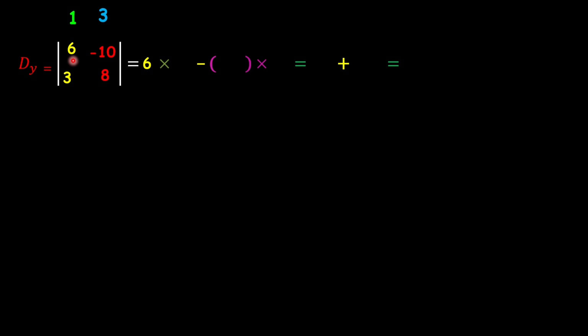First we take cross multiplication. 6 into 8. Take this one first, remember. Minus into bracket. Now we take second multiplication. Minus 10 is to be multiplied by whom? Minus 10 into 3. Now take multiplication. 6 8s are 48, and we know that multiplication of same sign is always positive. Therefore minus into minus becomes plus. 10 3s are 30. 48 plus 30, both numbers have same sign. Therefore we take addition. 48 plus 30 is nothing but 78.